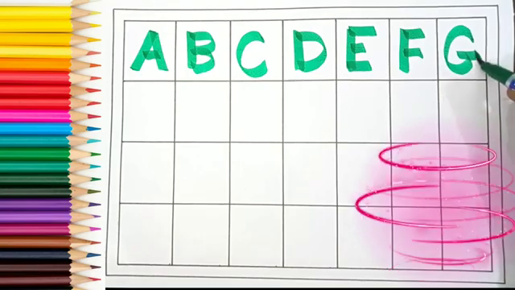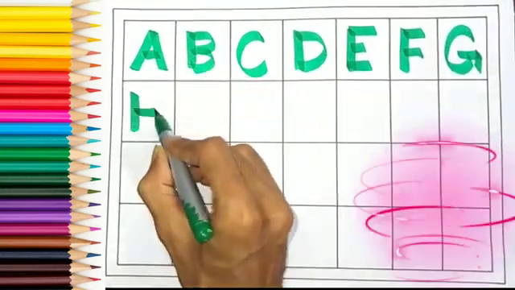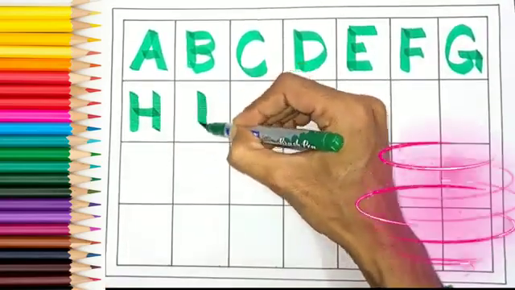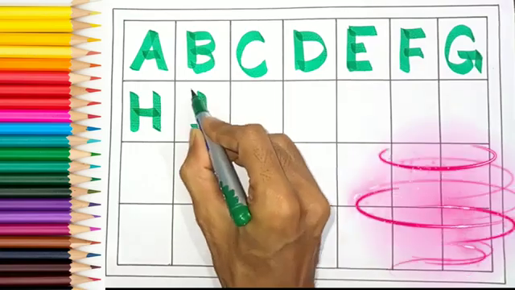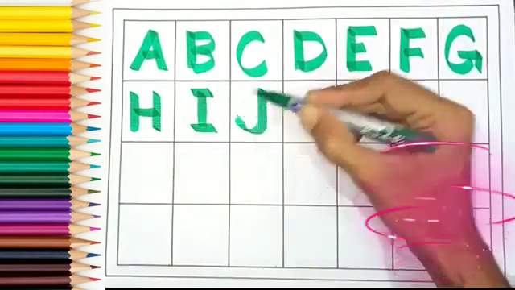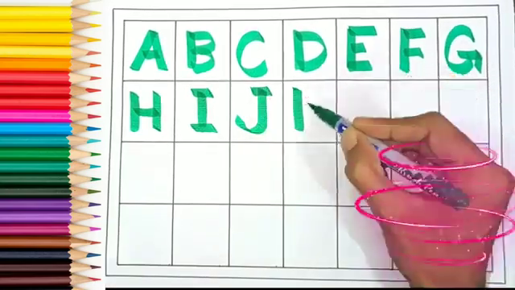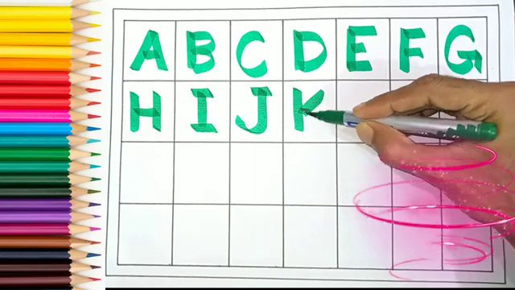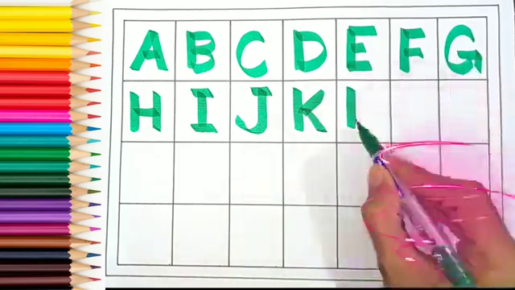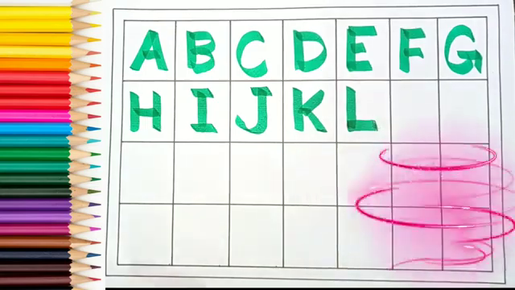G for girl, H for hen, I for ice cream, J for jug, K for kite, L for lion,